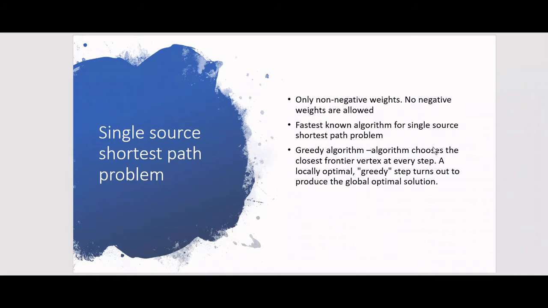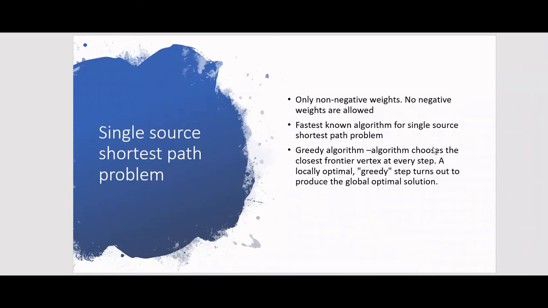So locally I do this selection, and somehow magically it works at the global level. Why does it work? Greedy choice does not work in all cases, so you have to be very precise. You have to understand what's going on underneath. You need to understand the proof, and then you can apply the greedy strategy. In the case of Dijkstra, it works, and I'll be explaining it in another video wherein I'll be talking about the proof of Dijkstra, why it works.